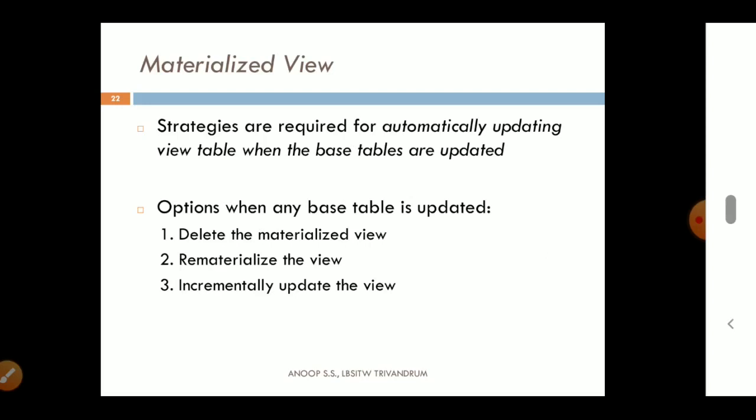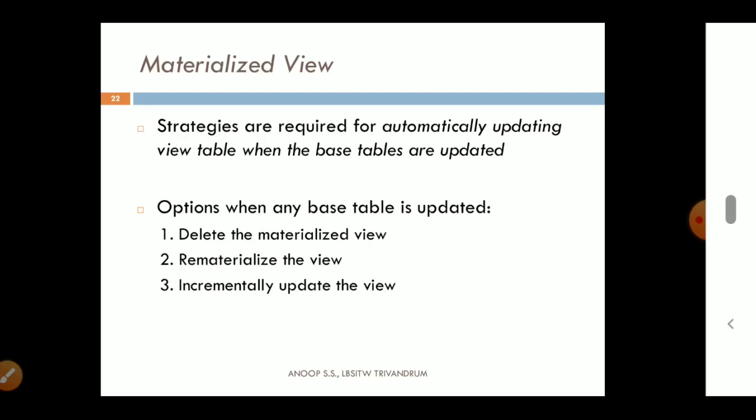The third one is incrementally updating the view. Whatever data is updated in the logical table is updated in the temporary table also. That update is incrementally applied in the view. That means if the title is changed for a particular course, then only that value is updated in the temporary table.